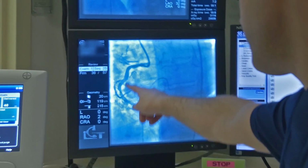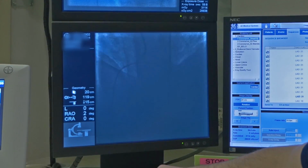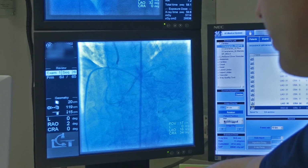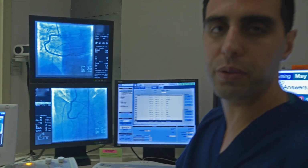So now you can see his vessel looks nice and open. All that calcium that was causing occlusion has been stented with two stents. So I think he's going to do just fine. One thing as a primary care doctor here at the Palo Alto Medical Foundation, Los Gatos, that's very important